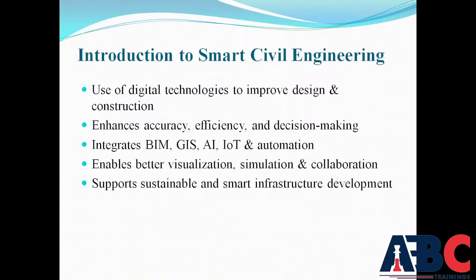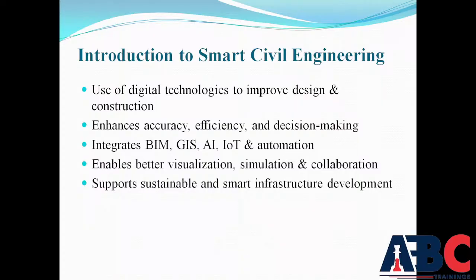Our first topic is the introduction to smart civil engineering. Smart civil engineering represents the transformation of traditional engineering practices into the integration of cutting-edge digital technology.